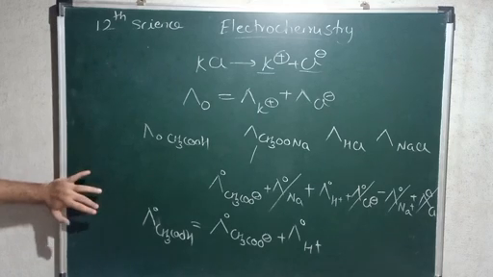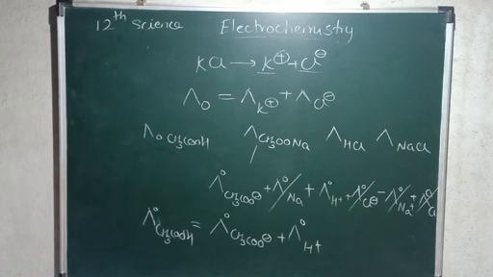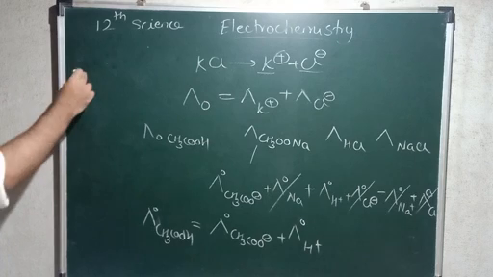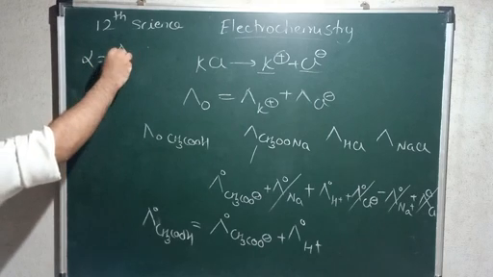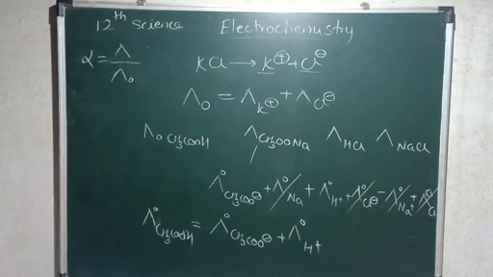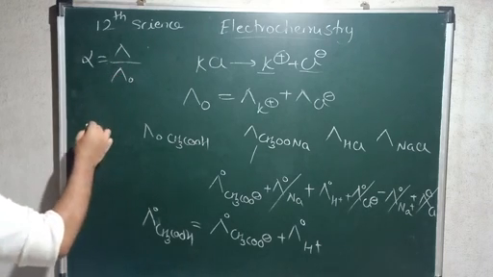with weak dissociation constants. There is one more formula given to us, in that we are having degree of dissociation as its part, where degree of dissociation alpha is equal to lambda upon lambda 0. Degree of dissociation is given by lambda upon lambda 0, and this is what degree of dissociation.